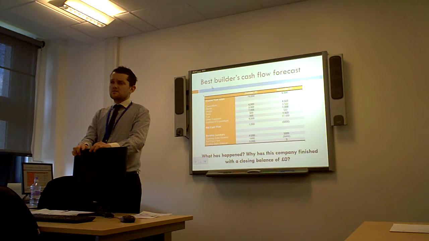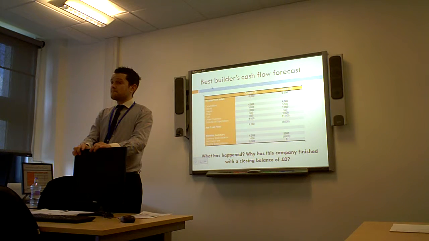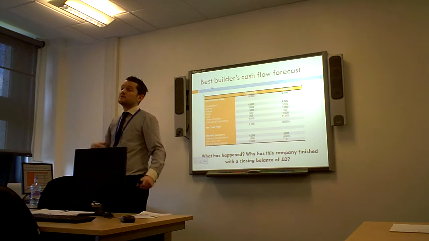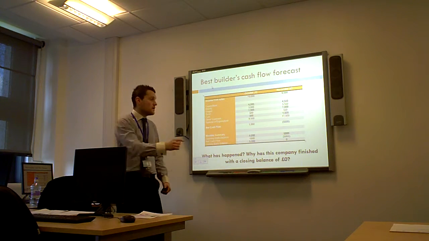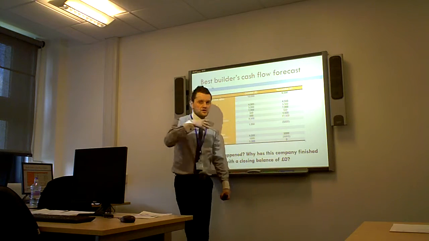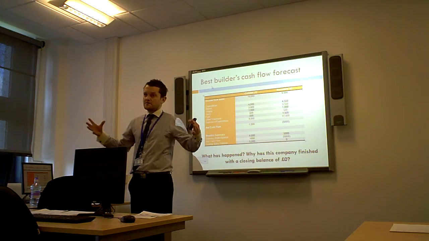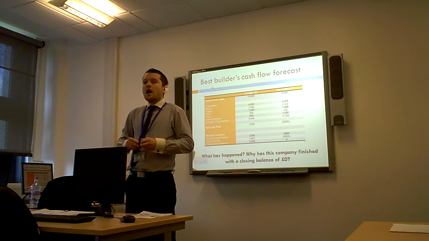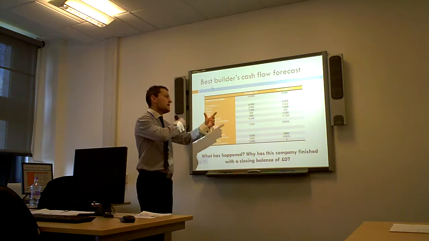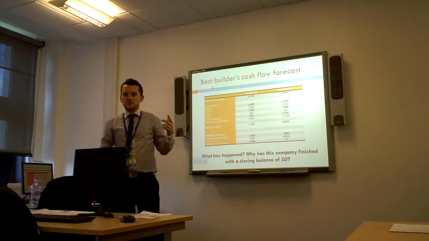So what are we going to do for next month? We've got no money. They have to arrange something, don't they? They have to have a very large overdraft. You'll notice when we start doing more complicated ones that it will go negative along the bottom, and what you assume by that is that they have a large overdraft facility, or they're able to go into debt. That's a fairly introductory example of a cash flow forecast.